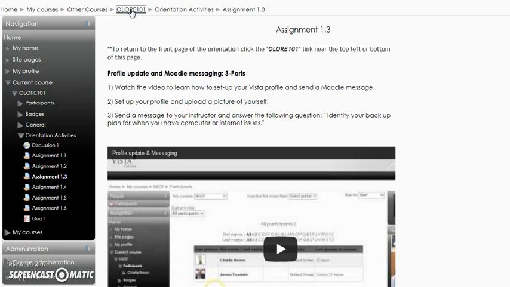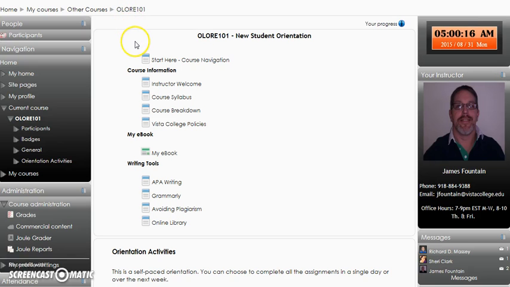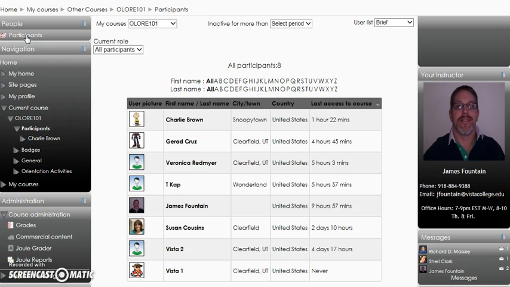So let's go back to the front page of the course. And we can do this one of two ways. I'm going to show you the easier way to do it. One way we could do it is click Messages and search for the individual we want to send it to. But the easier way is to click on Participants. When we click on Participants, we can see everybody in the class, including the instructor. We just simply click on either the picture or the name,